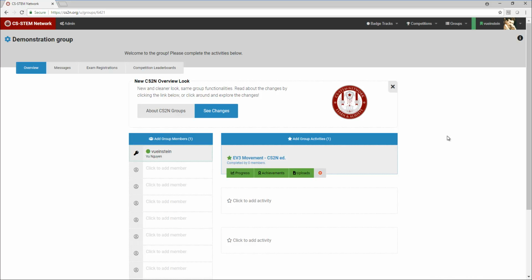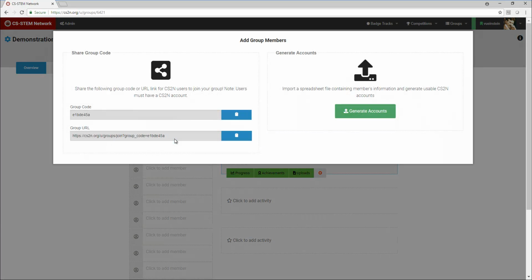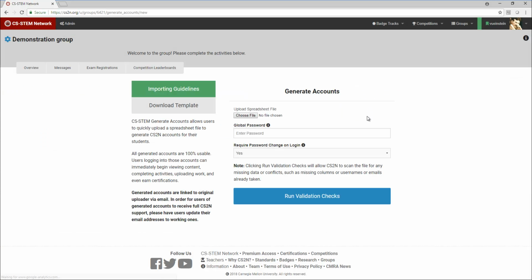So first, in order to generate accounts, I need to click on Add Group Members. And then on the right, what you can do is click on Generate Accounts. Okay, so if I want to generate accounts, I click there. And then I need to